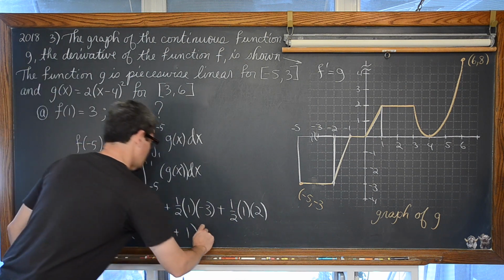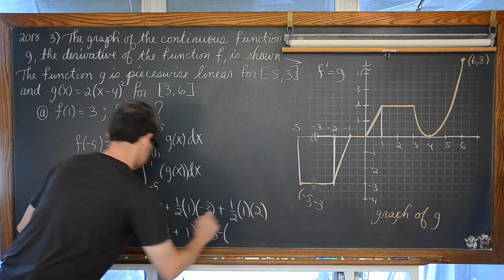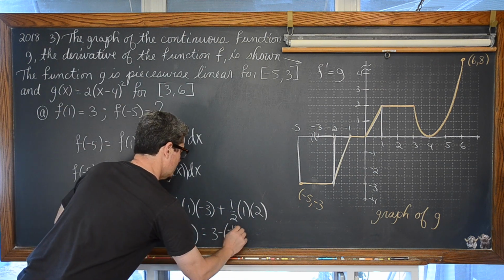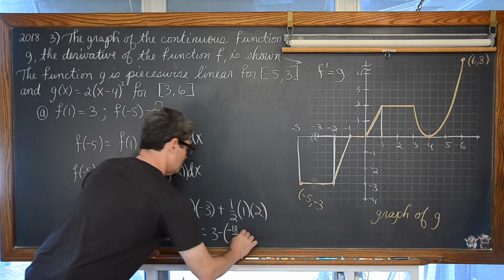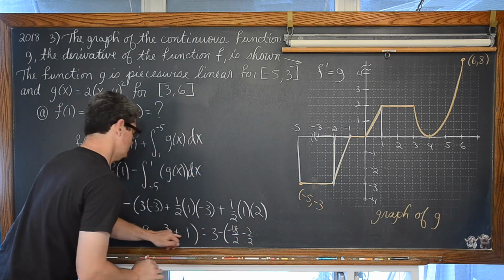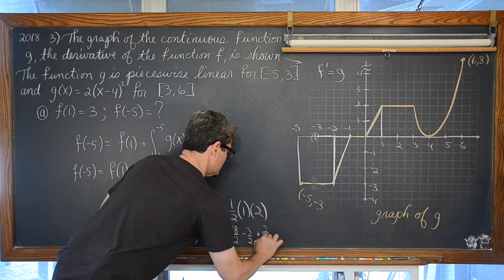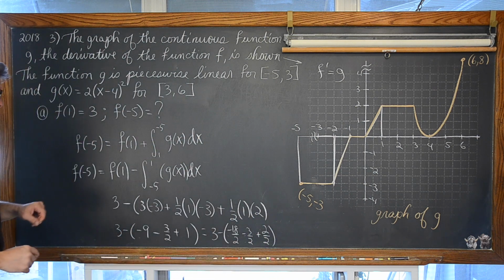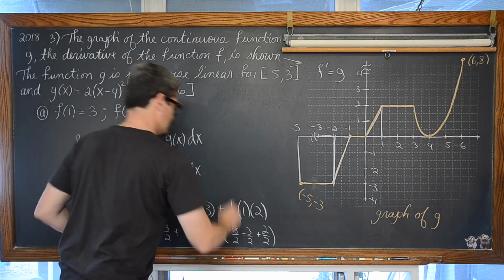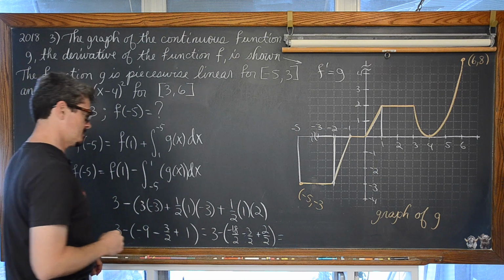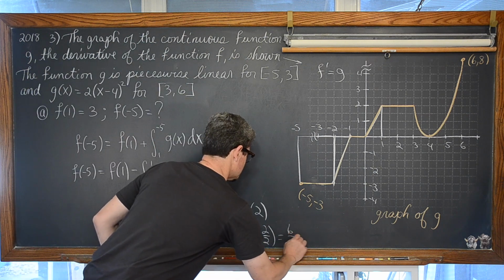And we're looking at 3 minus negative 18 over 2 minus 3 over 2 plus 2 over 2, which is going to give us 6 over 2